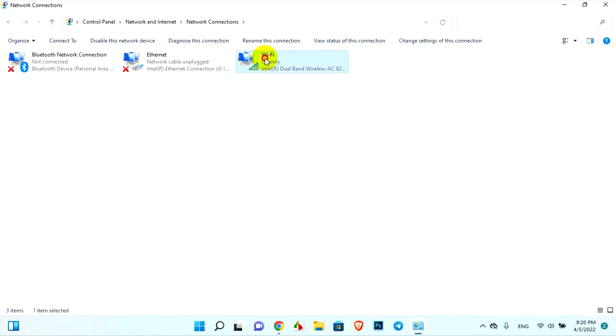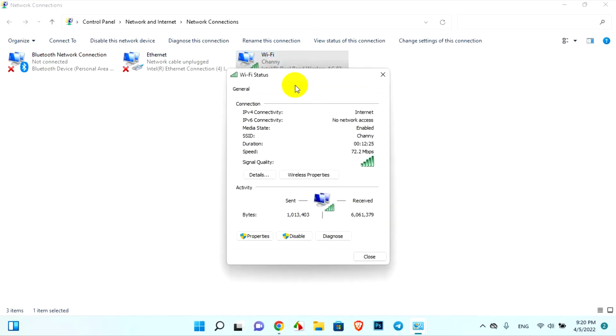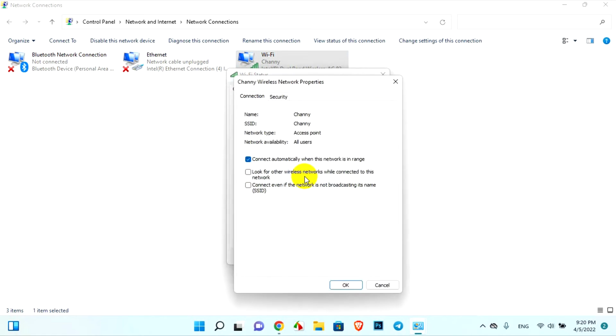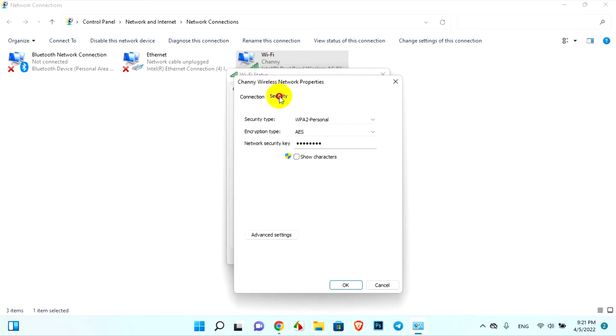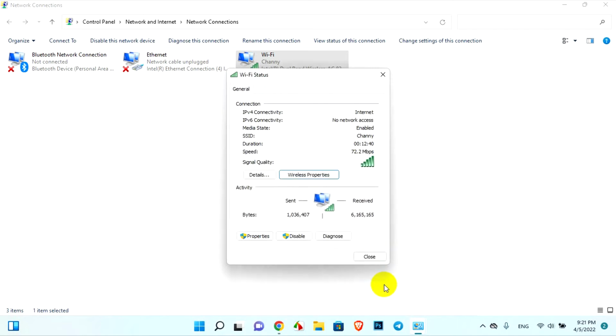Now you right click and click on status, and you go to wireless properties. And you go to security and click on show characters. Okay, this is one way. Second way,